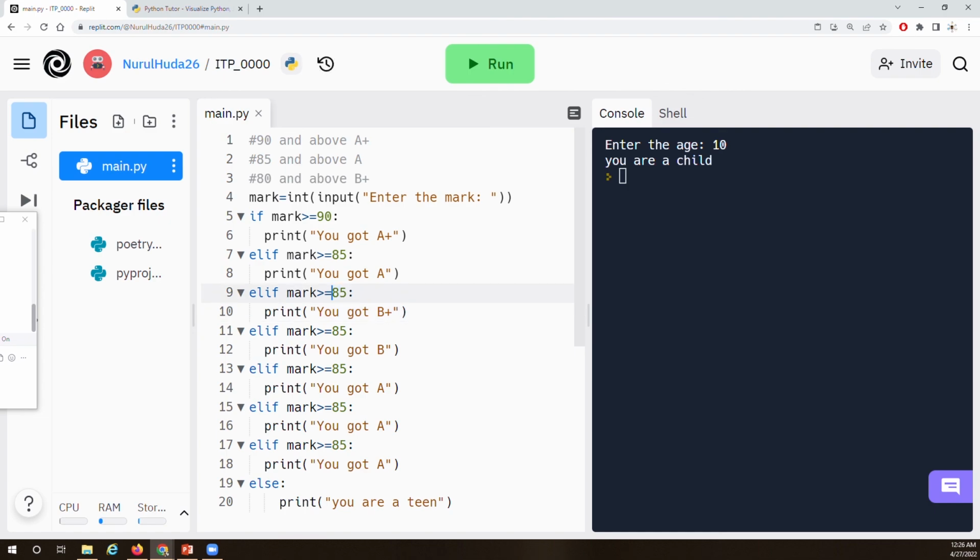This would be 80 and 75, then B, and then 70, B, C plus, 65, C, okay, and then 60,